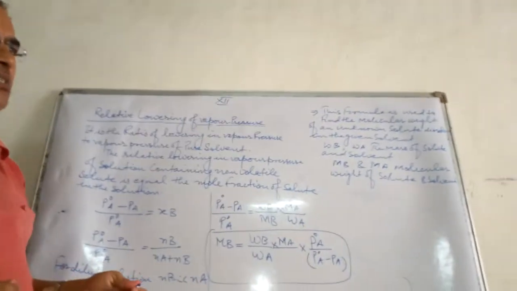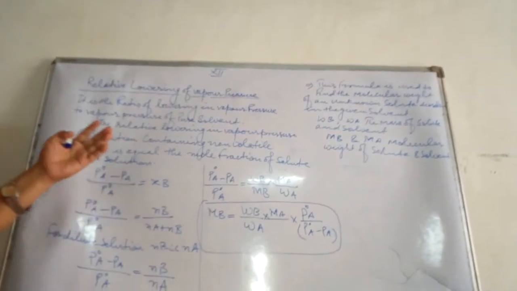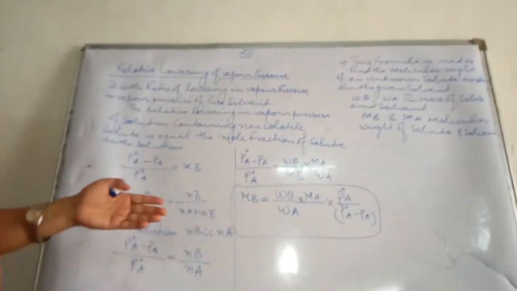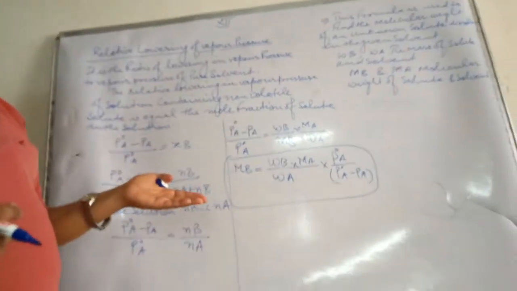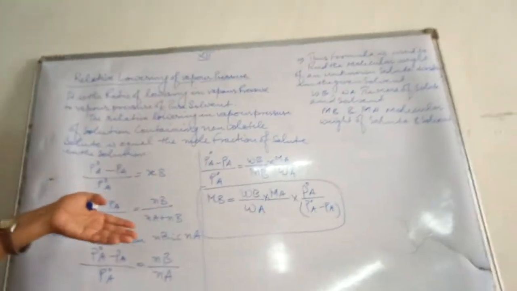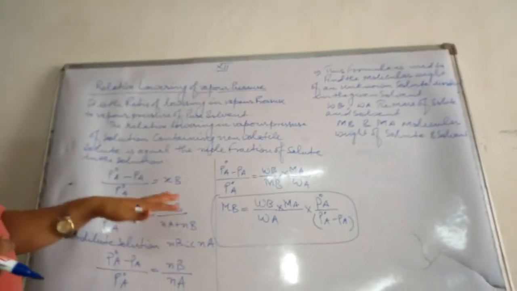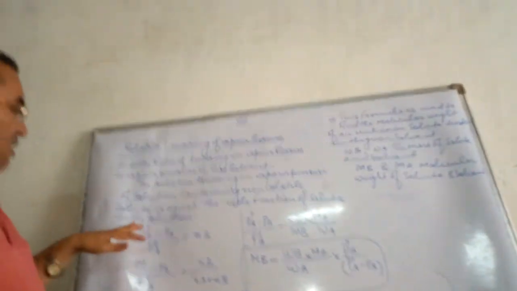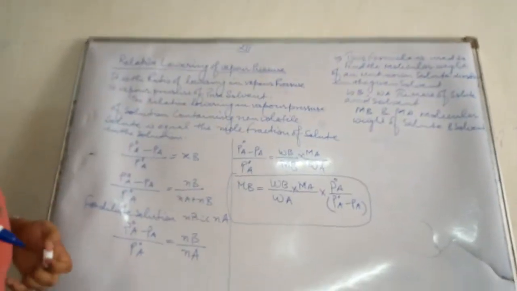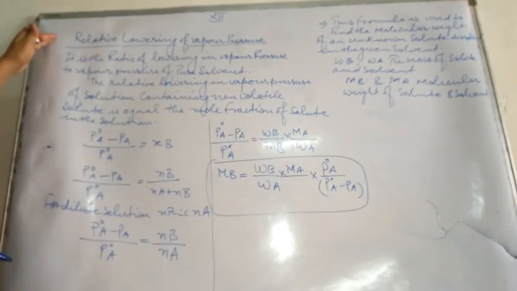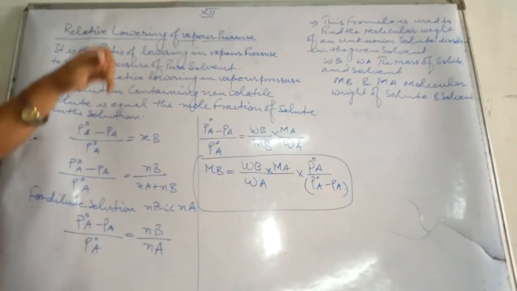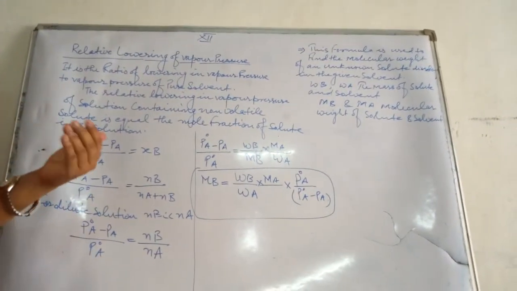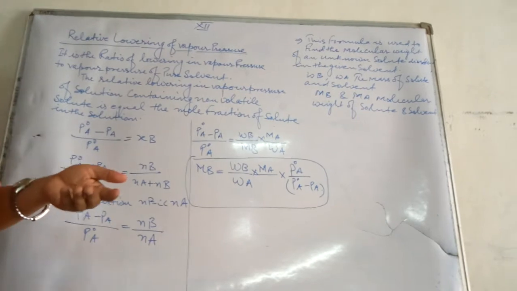If anyone asks, suppose such grams of a substance having this molecular formula is dissolved in this one, you can calculate the molecular weight from the given data. Ultimately remember this formula, remember this derivation and discussion. So the first colligative property is relative lowering of vapor pressure, and next we will discuss elevation in boiling point, then depression in freezing point.